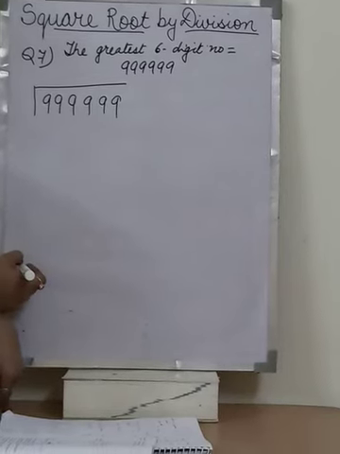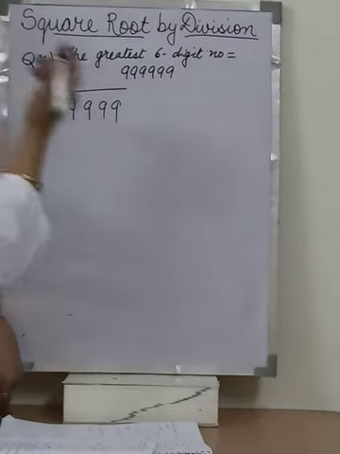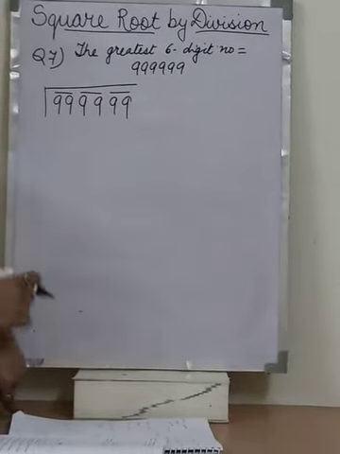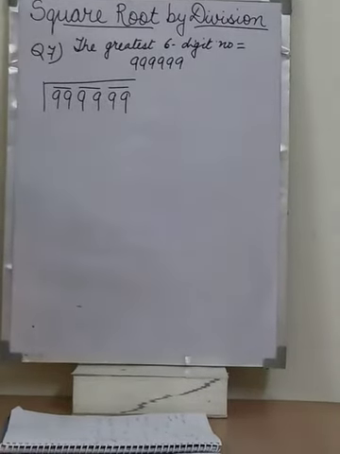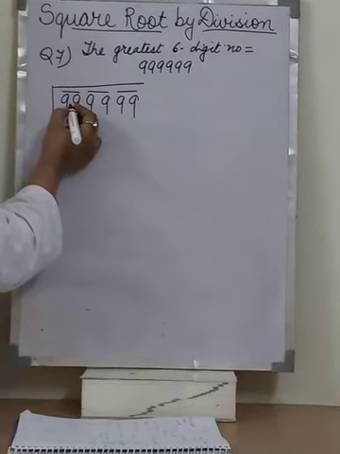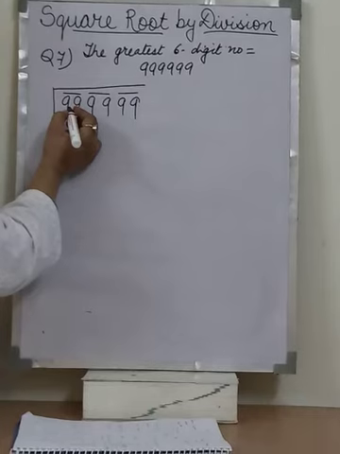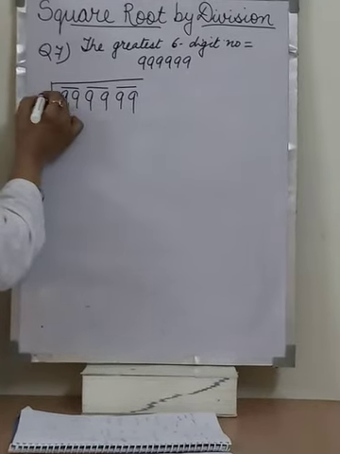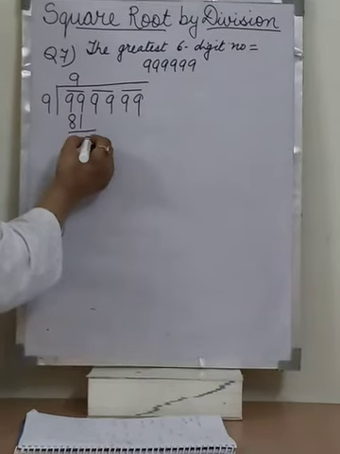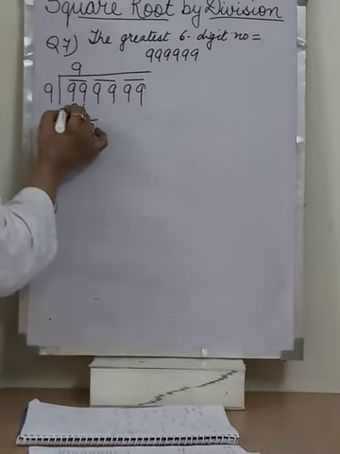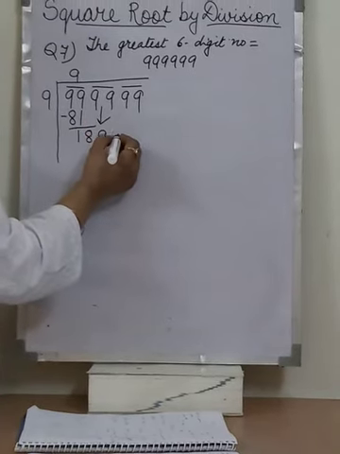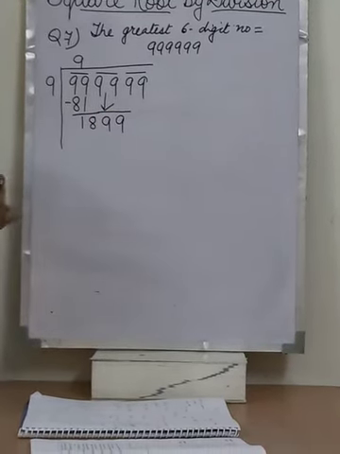So before we find the square root of the greatest 6-digit number, we'll make the pairs starting from the right side. We got 3 pairs. Now we know very well, we always divide with the square numbers. 9 9s is 81, 10 10s is 100, which is greater, so I take 9. 9 9s are 81. What are we left with? 18. Now we copy the next pair to get the new dividend. So the new dividend is 1899.